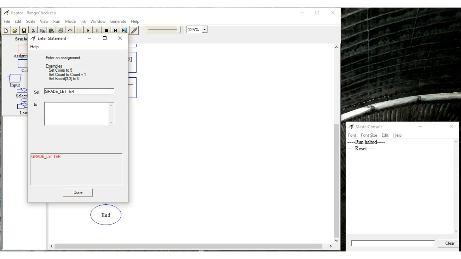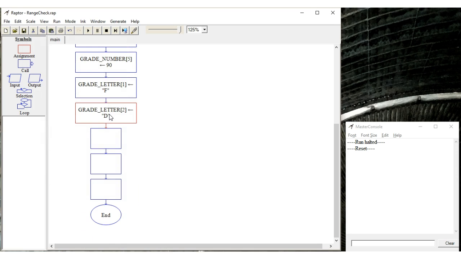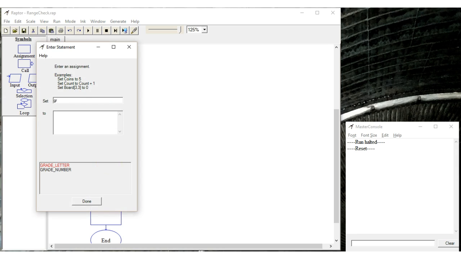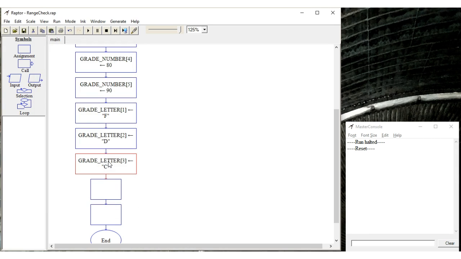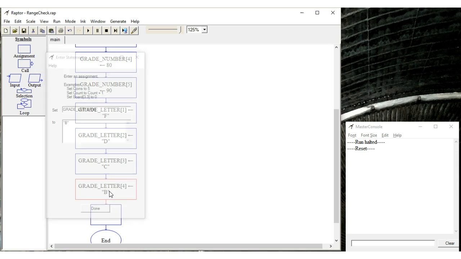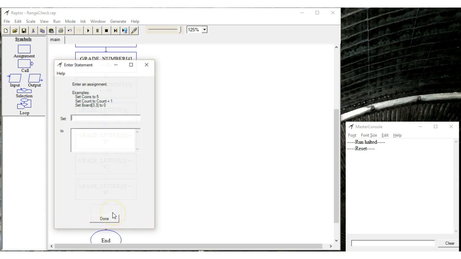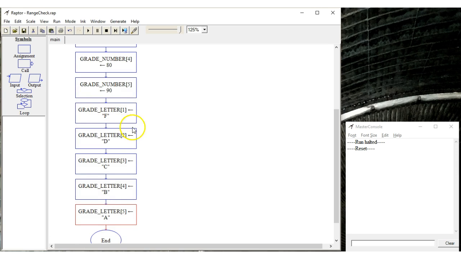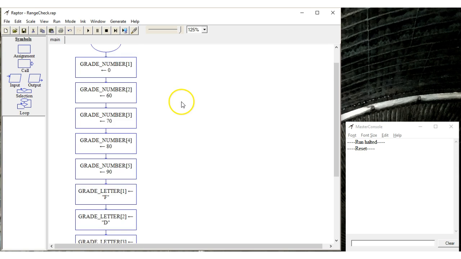So it's grade letter, and this is going to be 2 is a D. Grade letter 3 is a C. Grade letter 4 is a B. And grade letter 5 is an A. Okay, so now I have two parallel arrays, and the only thing that actually ties them together